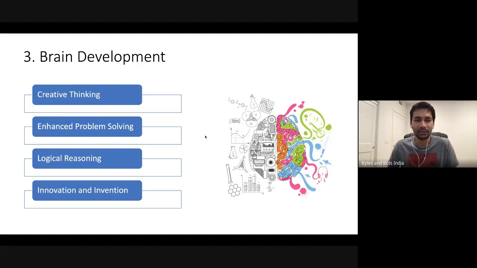Such programs run into algorithms, which is not part of our coursework, but as programmers, when we start working on certain problems, we realize there are better ways to solve a few problems than already existing ones. So there's always a constant need for optimization, which requires creative thinking and enhanced problem solving. Logical reasoning is enhanced.